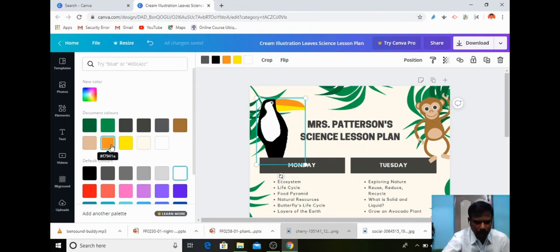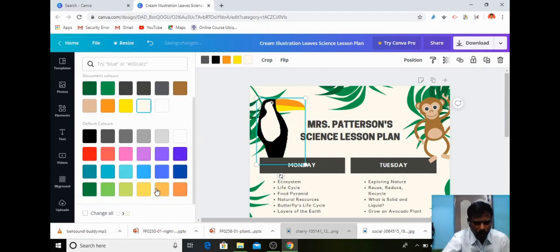For example, a green. I can change it into white. For example, I can scroll down the colors and I can change. If this color will be better, I can select the color. For example, this yellow color, if I want some other, red, I can use red or maroon color.